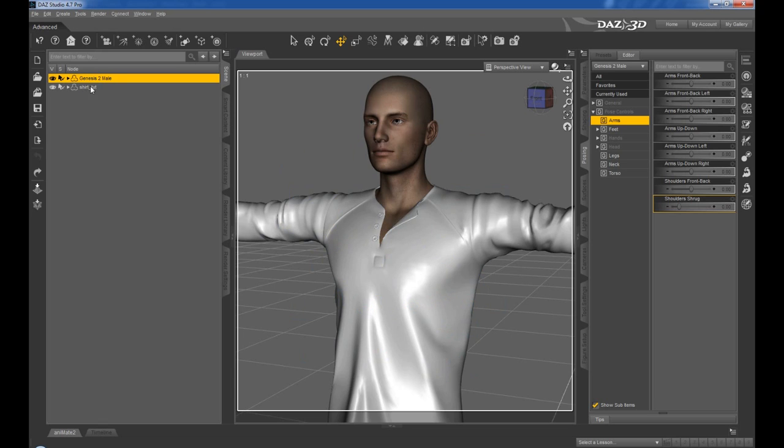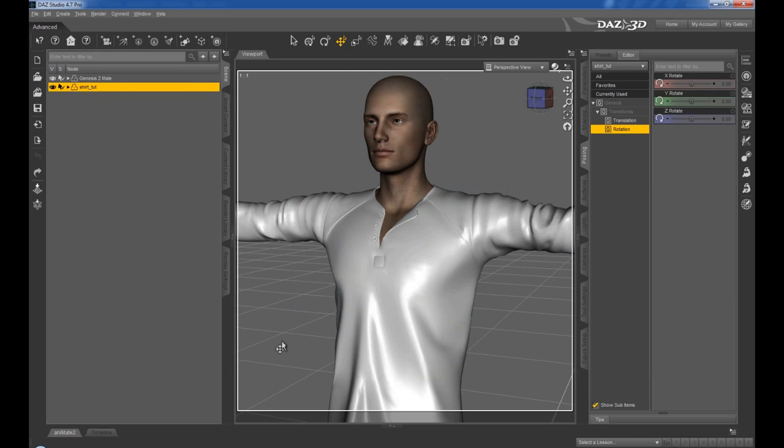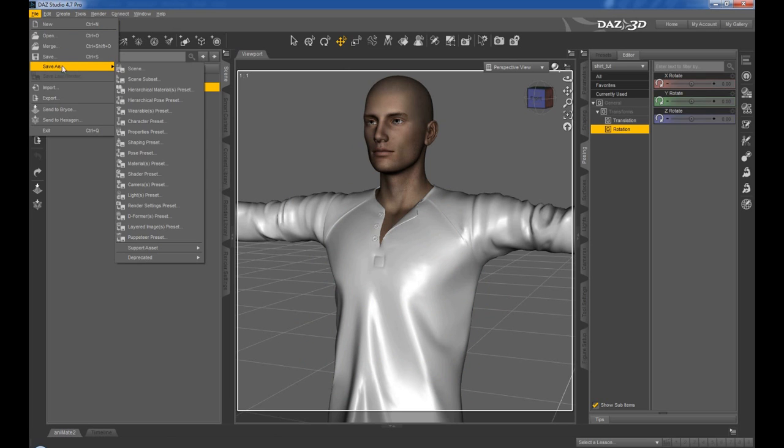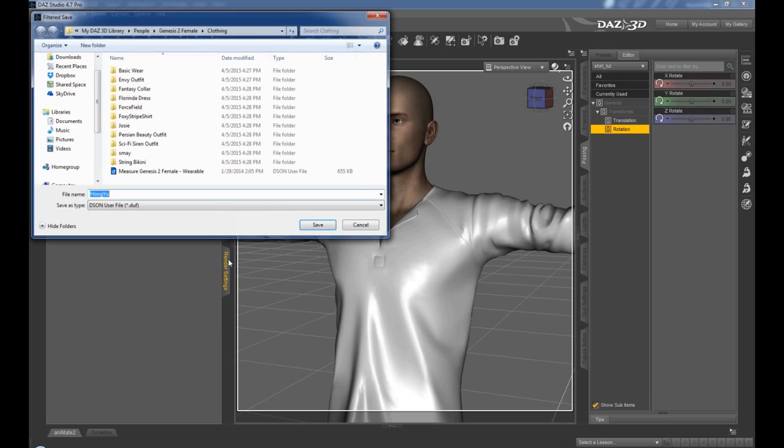Anyway, now we've got this shirt. How can we use this shirt now? We can go File, Save As, and we go way down here to Support Asset, and this is going to be a figure asset. Okay, so you just pick the one that makes the most sense. They did a good job of naming conventions. And figure asset, we're going to select that one,